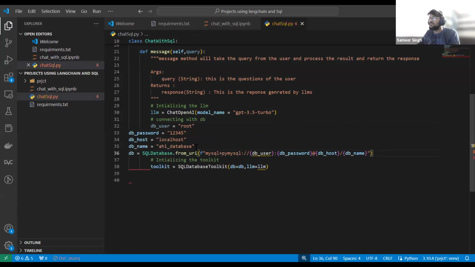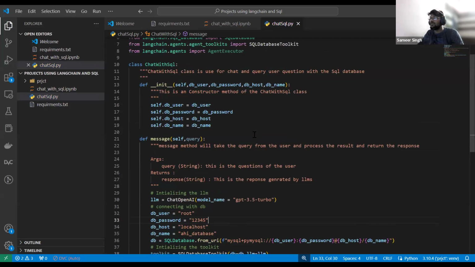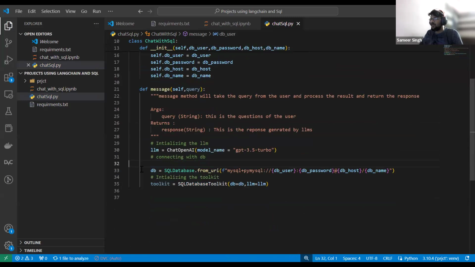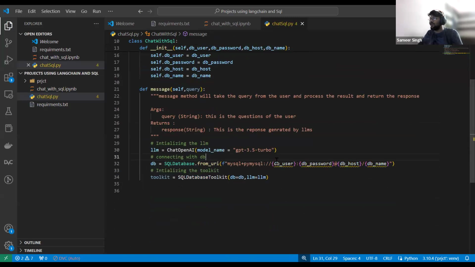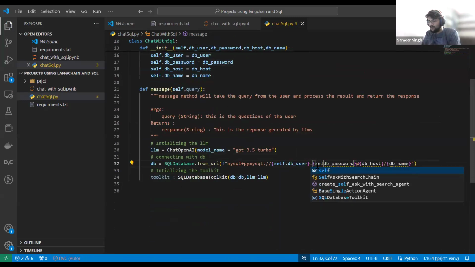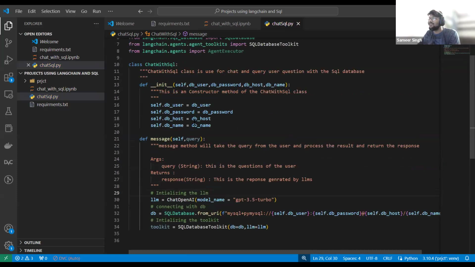Now I'm going to use these particular lines of code and keep them here. The values for this we will already get from here. The only thing I have to write is self dot, self dot, and self dot, because we are already taking all these things from the constructor.